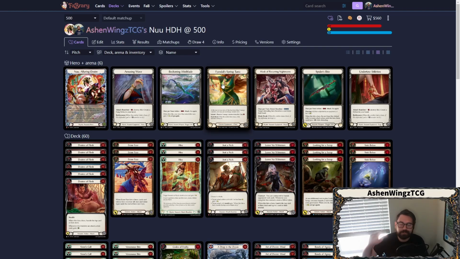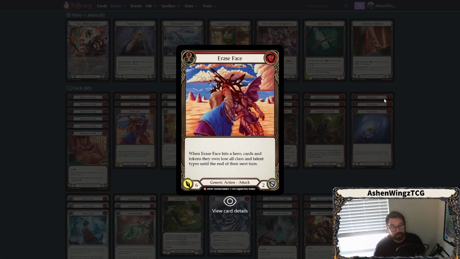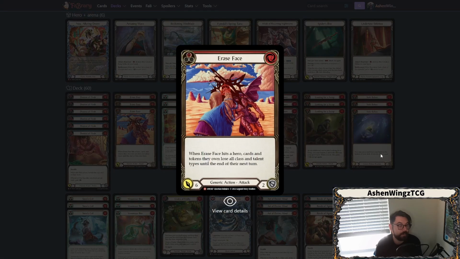I know it's expensive. You just need 1, and then you can change every one of your decks in the future to be however you want. It's super effective there. Then we're going to add in Erase Face. Erase Face is a pretty good disruptive ability that you can bring in. You can come in with something like looking for a scrap, banish a 1 power card from your grave, have it give +1 and go again, and then use those 2 other fluting resources